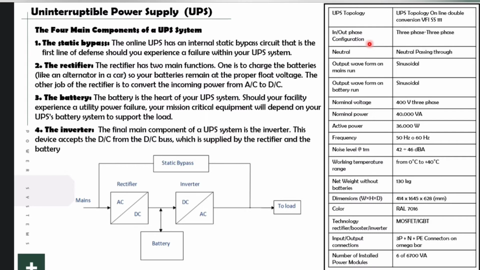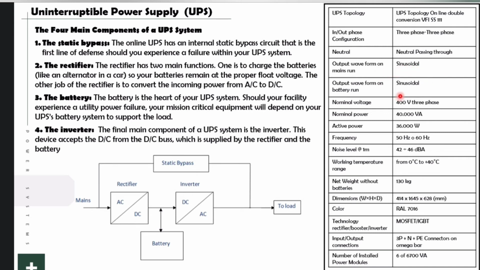And for the UPS specification, see here first the UPS topology: online double conversion, VFI, SS111. And here the input and the output phase configuration, whether it is three phase or single phase, and the neutral passing through, and the output wave from the mains run